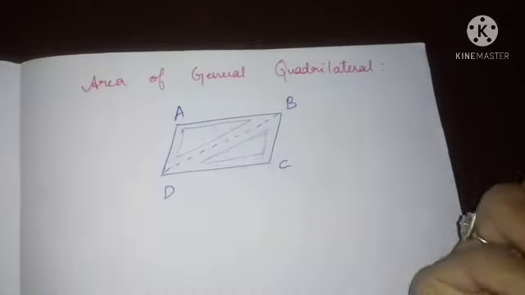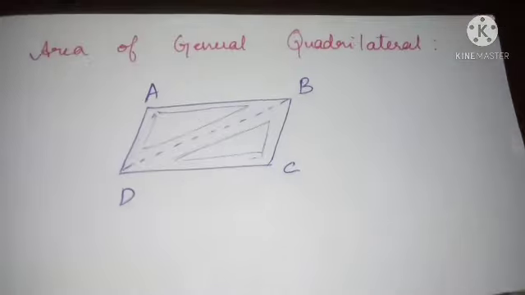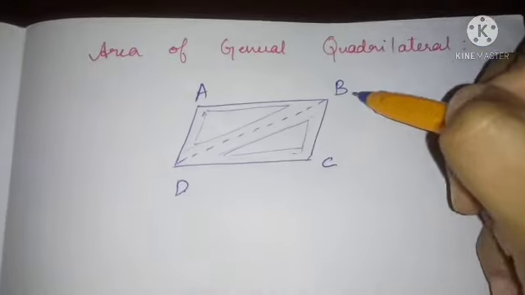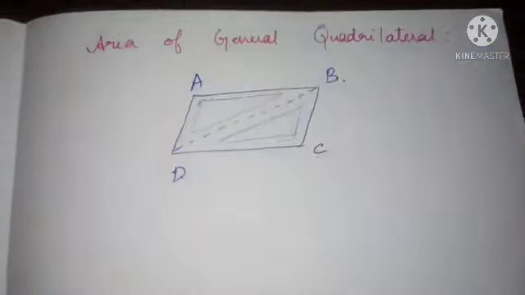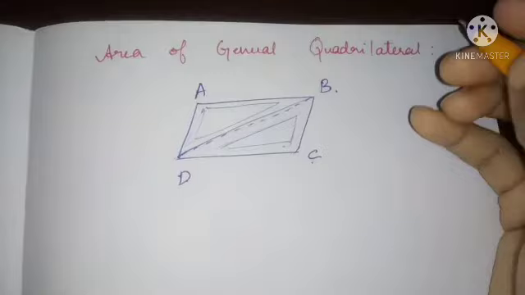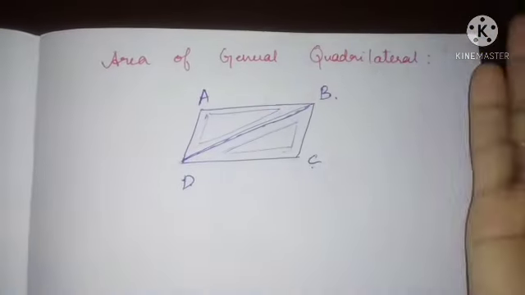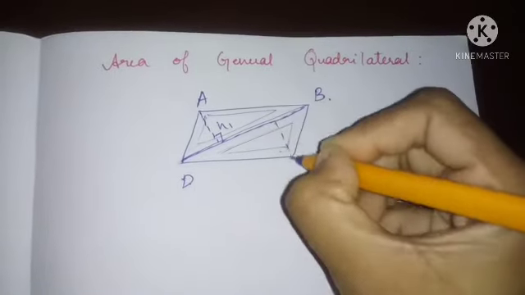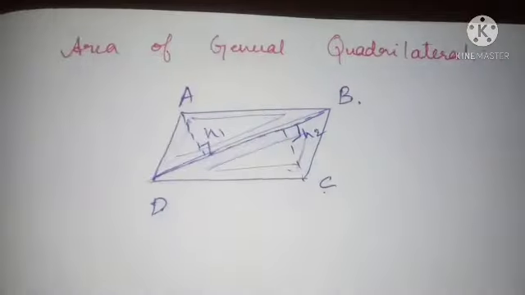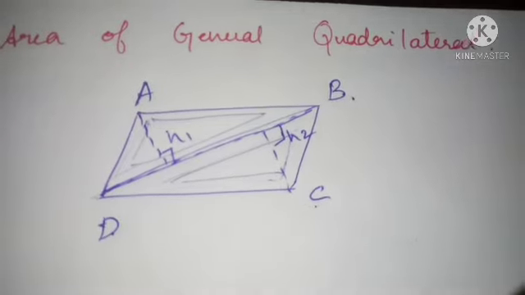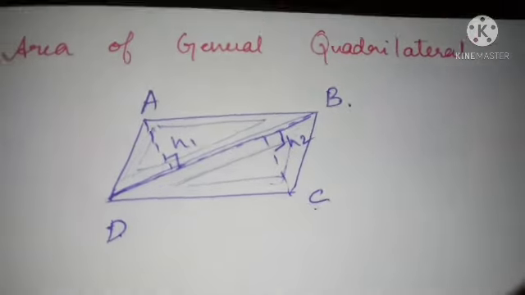So for this, ABCD is the quadrilateral. Now ADB is one triangle, BCD is another triangle. This is the base, this is the base of both triangles. Height, obviously this will have a height, right? H1, H2. I am going to take heights for these triangles, because triangles will have height. Based upon the height only, we are going to derive the formula for the area of a triangle.